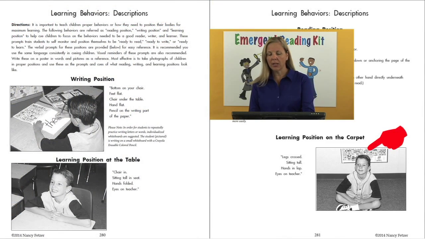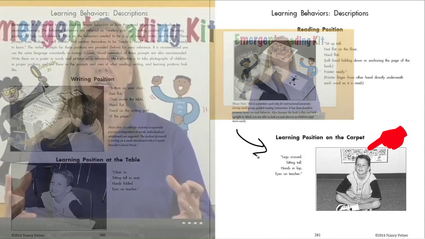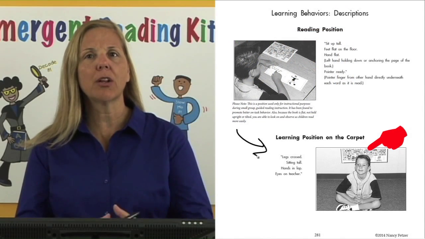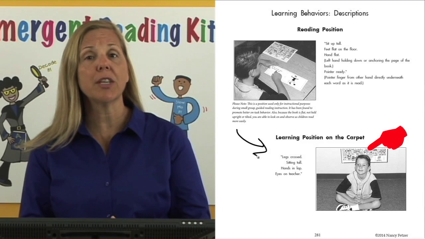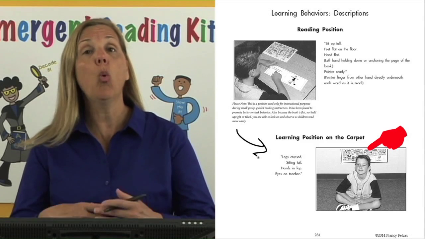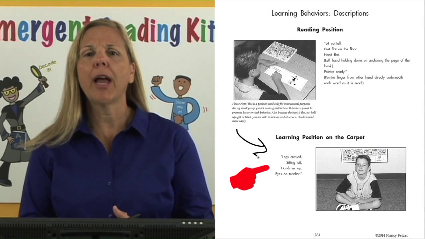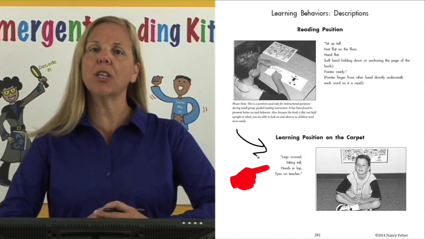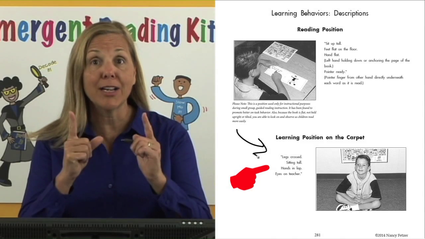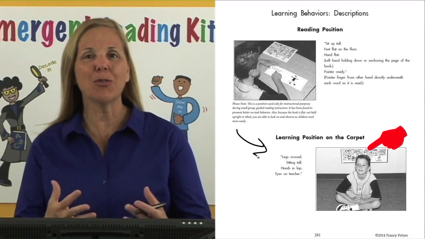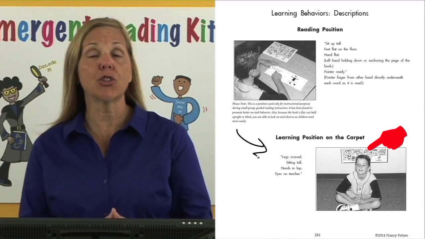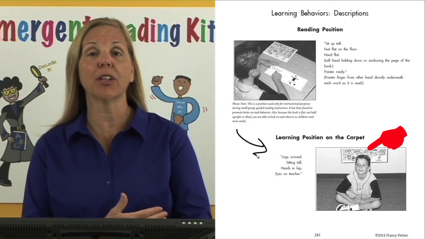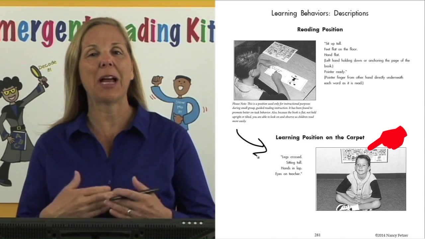Let's now look at the last behavior, and that's learning position on the carpet. Kids would gather on the carpet, the teacher would sit on the carpet and show the children, this is what I'm going to teach you, what good learners do. When I say learning position, you should look like this. Legs crossed, sitting up tall, hands in your lap, eyes on the teacher. Next, the students will practice that. When the teacher says learning position, they'll cross their legs, sit up tall, hands in their lap, eyes on the